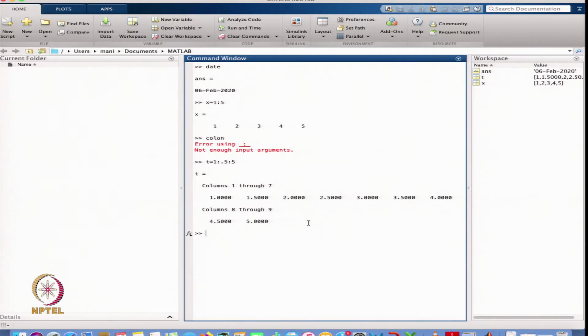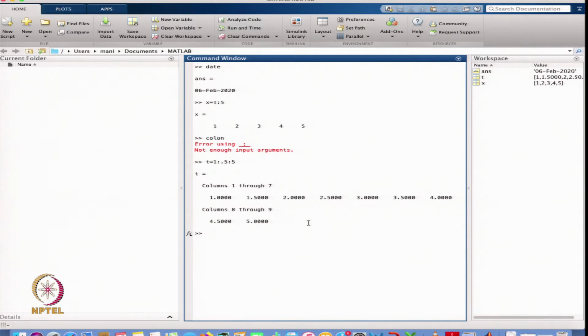This is used to create a mesh whenever we are plotting some function, because in this case we are dealing with numerical computation. There are two types of computation, numerical computation and symbolic computation. In MATLAB at present we are dealing with numerical computation, meaning whenever I want to plot a function, I have to take a grid on the x axis, and similarly I want the vector of values of the function at these grid points, and then we are able to plot the function.